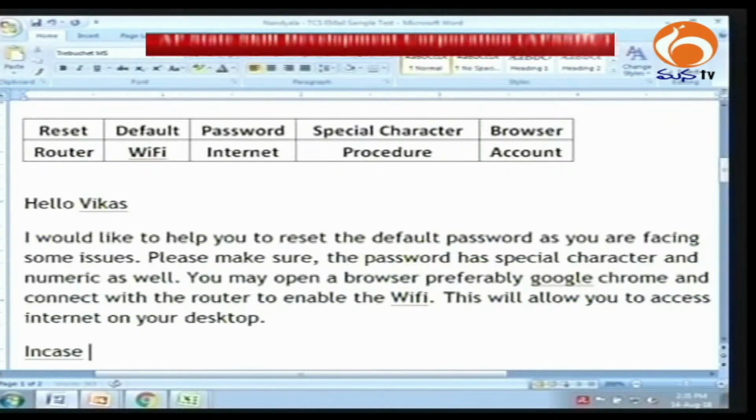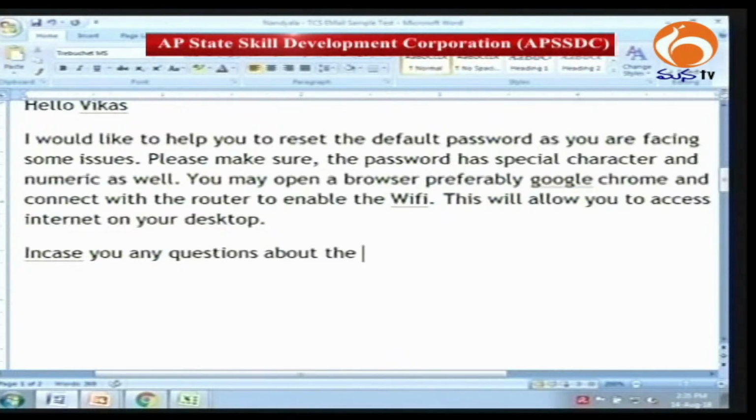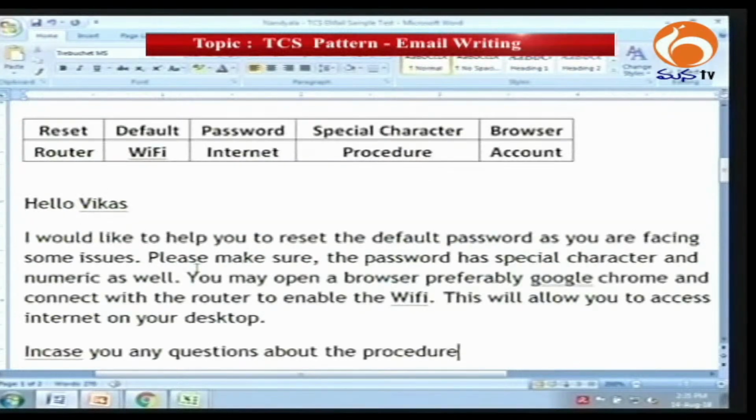Now I change the paragraph. Why did I change the paragraph? Because now I'm going to summarize. This is the main crux of the email. Now I'm going to summarize. In case you have any questions about the procedure,